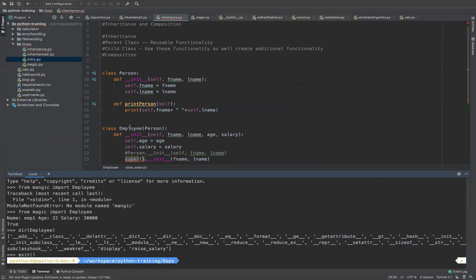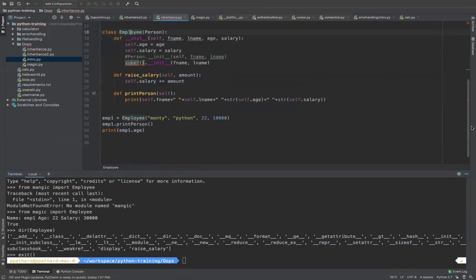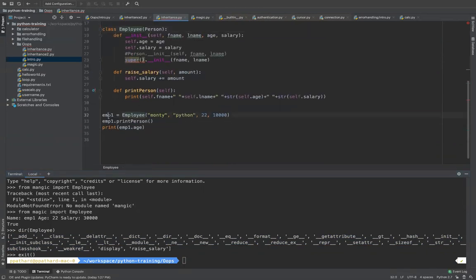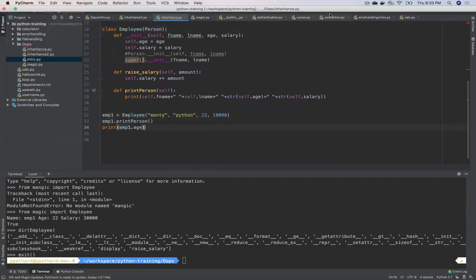But from the classes that you create, you can create your custom objects like employee1. So that's about inheritance in Python. Inheritance we learned, magic methods we learned, how to overload operators we learned, dunder str we learned. So any other questions you have?